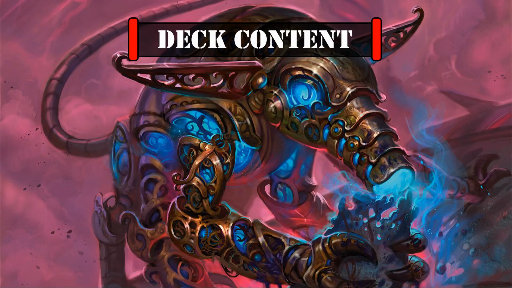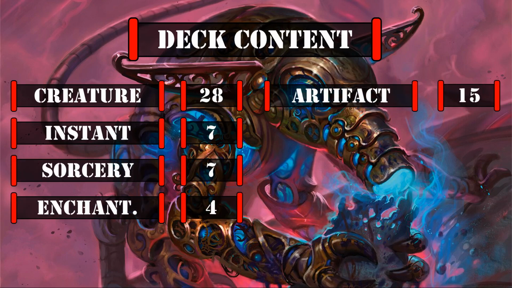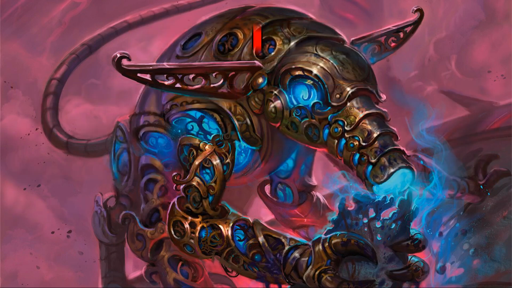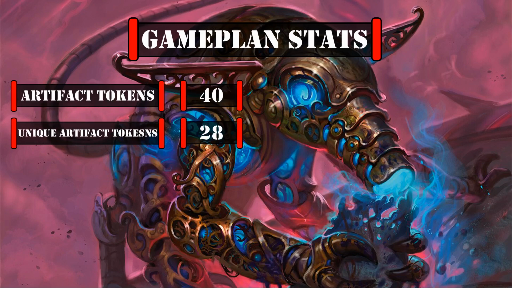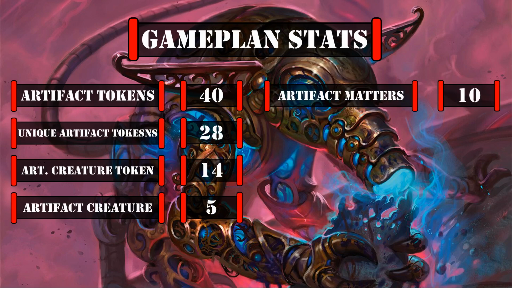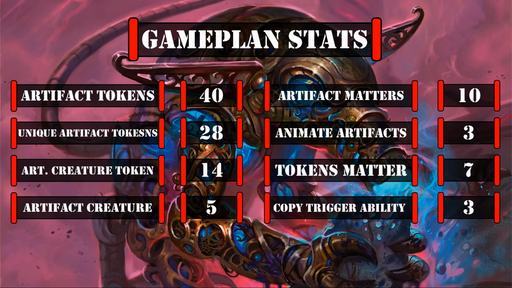This deck currently has 28 creatures including the commander, 7 instants, 7 sorceries, 4 enchantments, 15 artifacts, 3 planeswalkers, and 36 lands. Looking at the stats that matter to our game plan, we have 40 sources of artifact token generation, 28 sources of unique artifact tokens, 14 sources of artifact token creatures, 5 artifact creatures, 10 cards that care about artifacts, 3 sources of AoE artifact animation, 7 cards that care about tokens, and 3 ways to get extra triggers out of our commander,